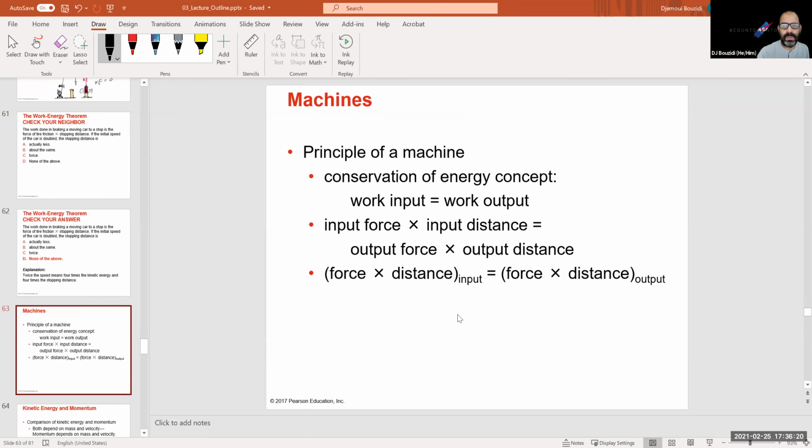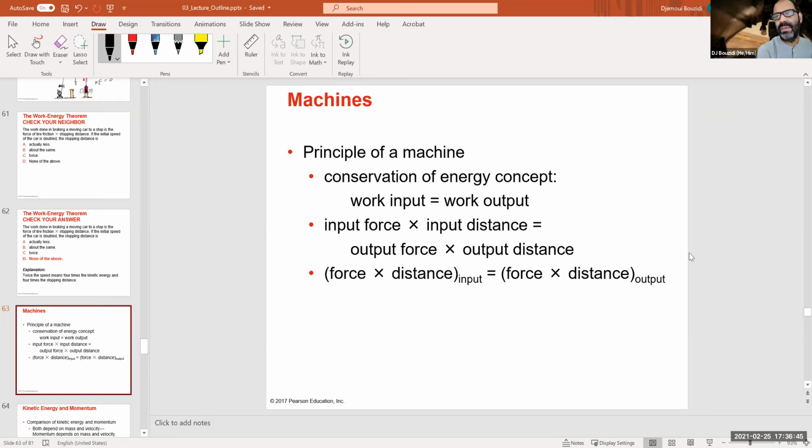Again, I talked already about simple machines. Conservation of energy, I already stated the fact, for example, when we were talking about the incline, that the person who went on the incline and the person who went straight up both spend the same amount of energy. I think the example I used was 300 joules. So the energy is the same, whether one way or the other. But in a simple machine, usually